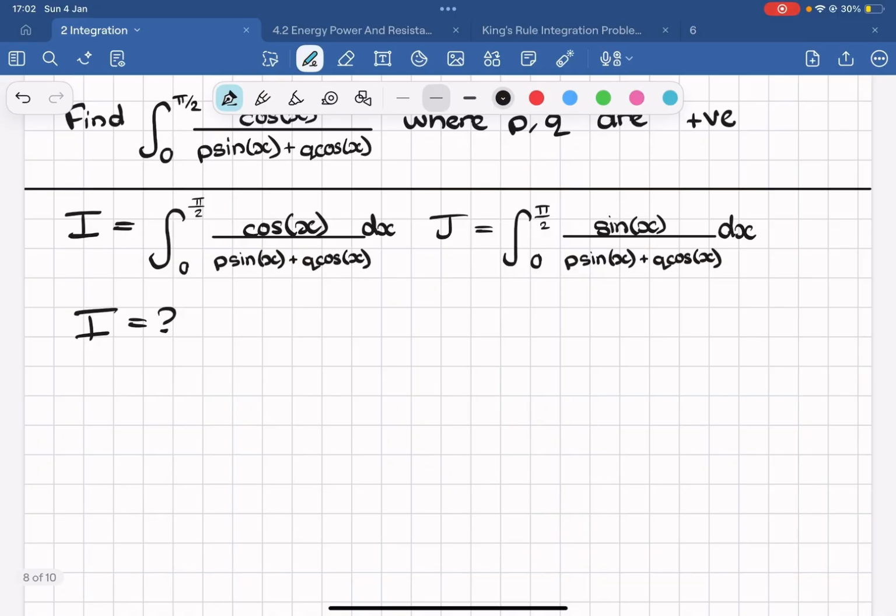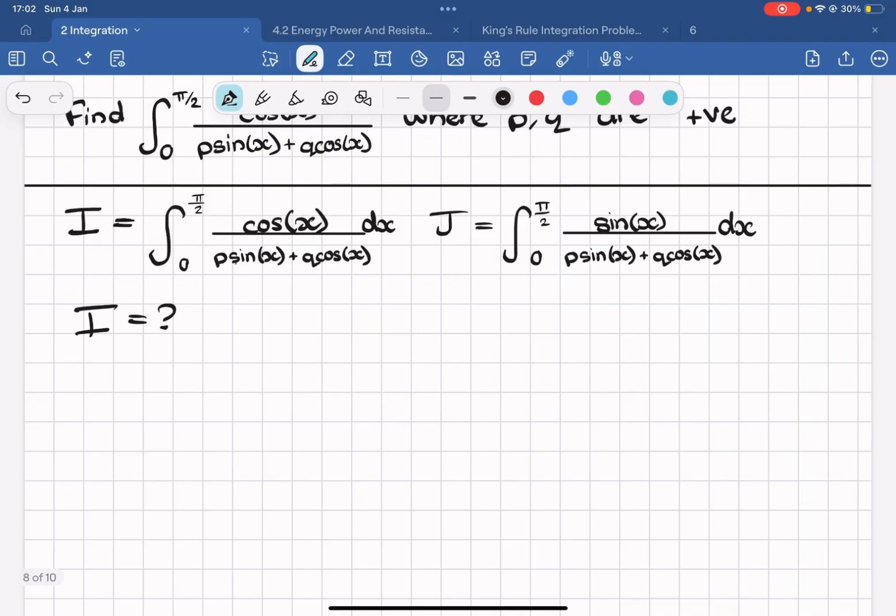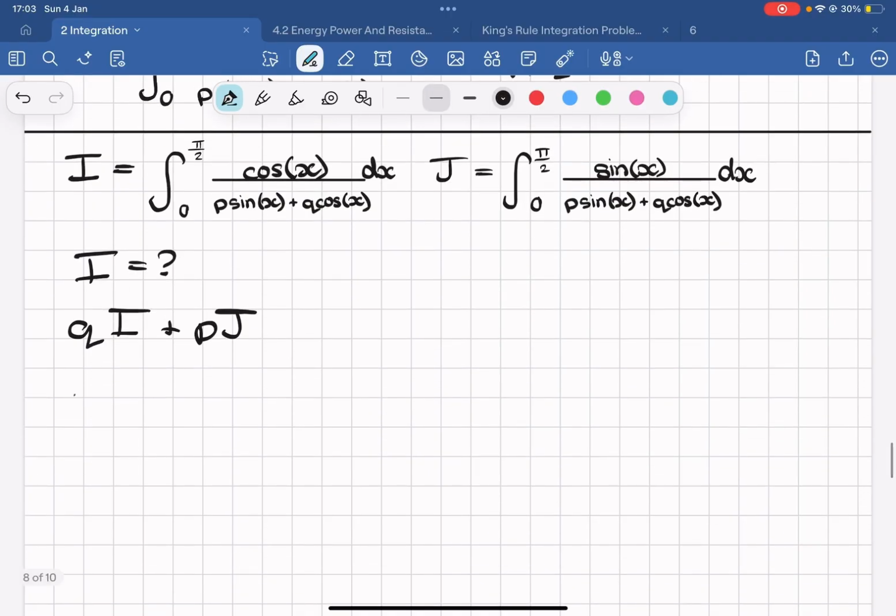So to get a cancellation of the fraction down to 1, we need to have q cos x and p sin x on the top. So the way we do this, we bring in qI to give us q cos x on the top, plus pJ, which gives us p sin x. Now if we sum these,